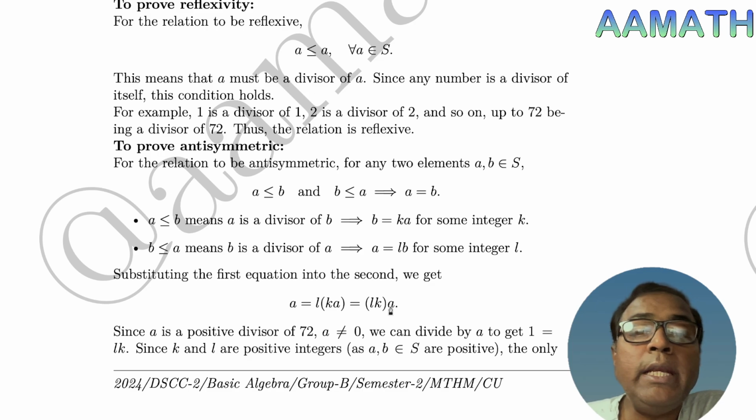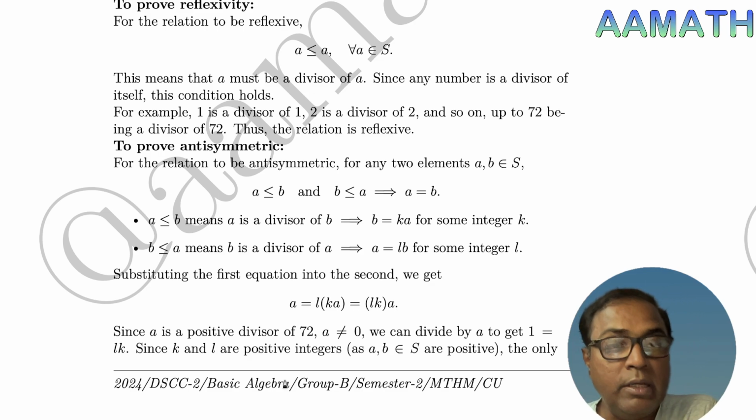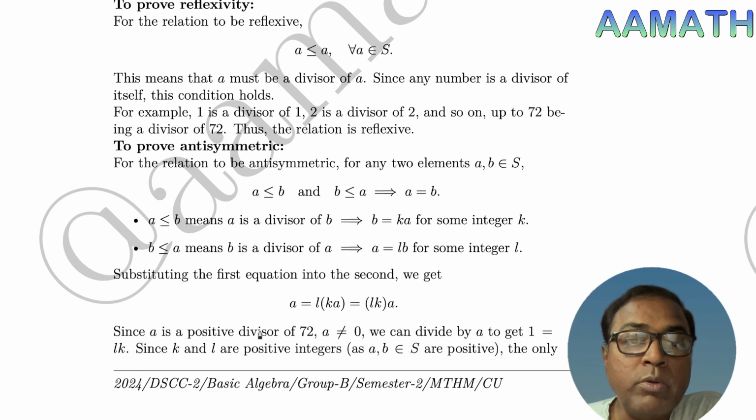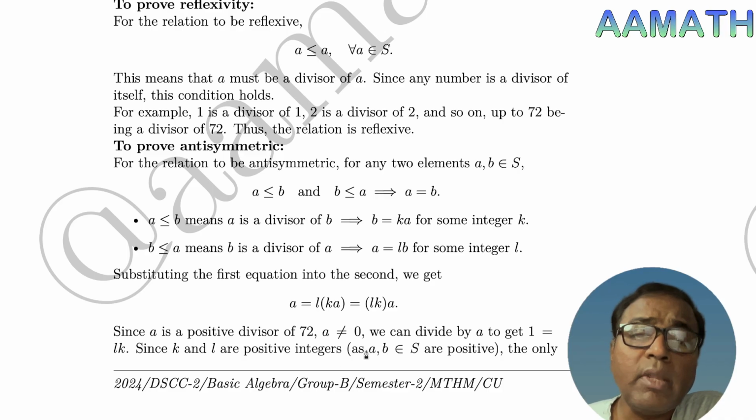So this is equal to LK times A. Since A is a positive divisor of 72 and A is not equal to 0, we can divide by A to get 1 equal to LK. Since K and L are both positive integers, as A, B belonging to S are positive,